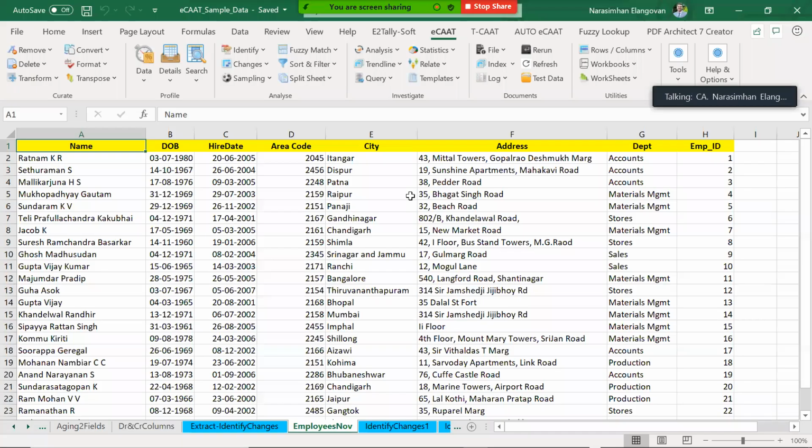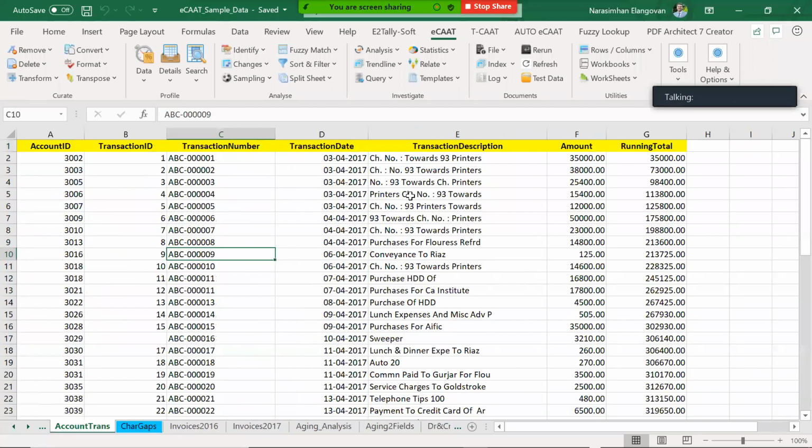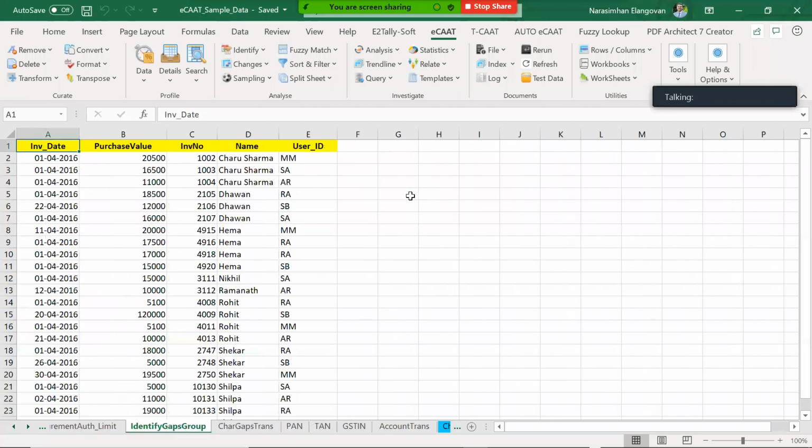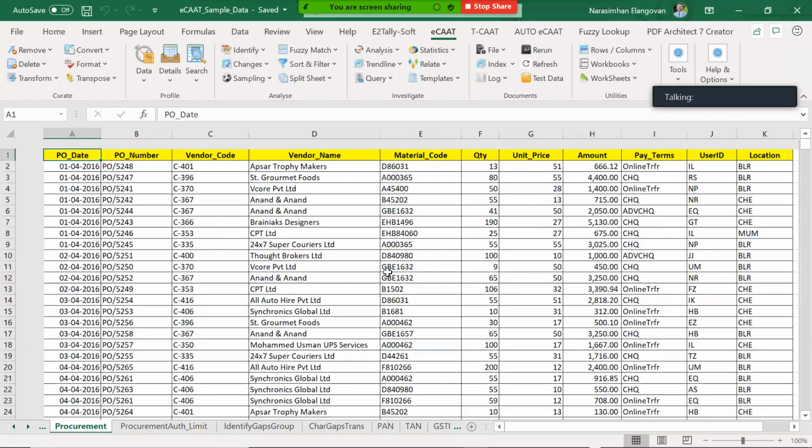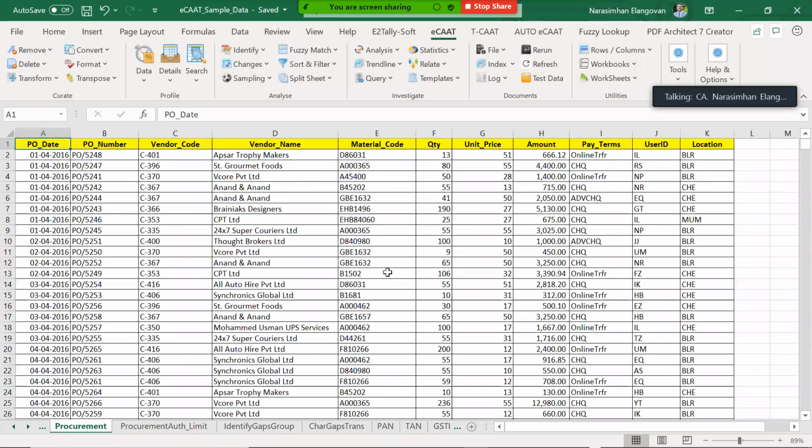So for that we need to go to the procurement file. Where is the procurement file? Here it is. If you remember, yesterday we formatted this, or today also I showed you how to format this. Now I want to check, there is something called user ID, correct? I'm not sure here whether it has maker and checker.